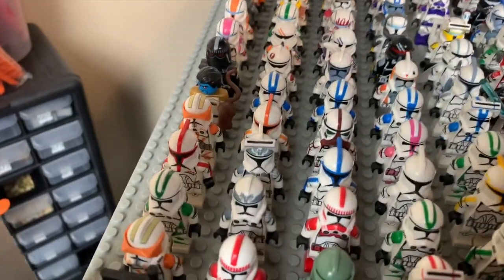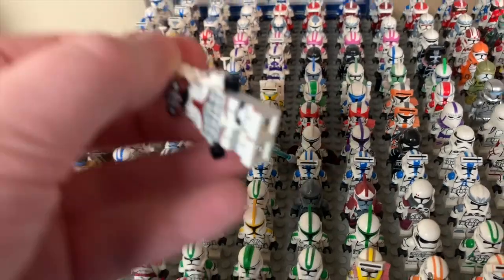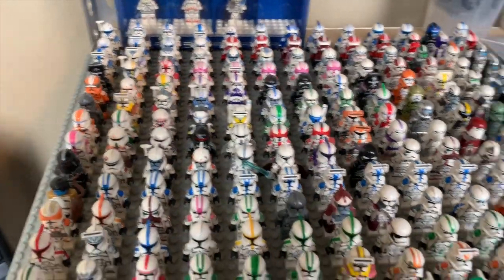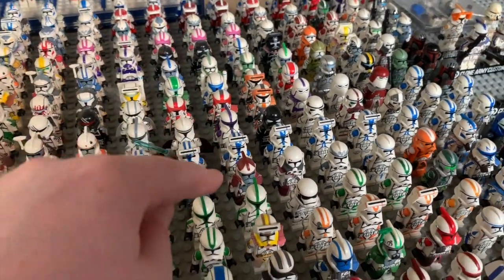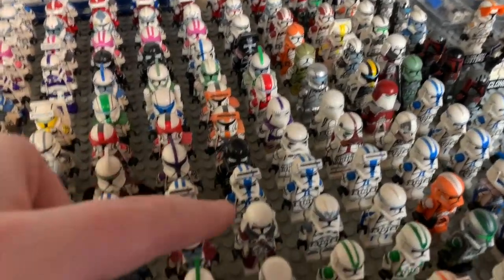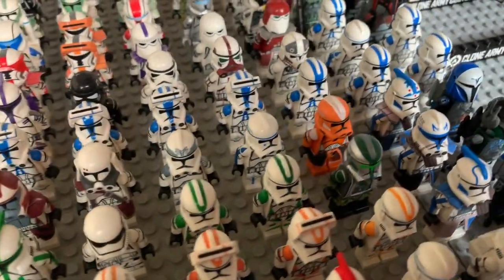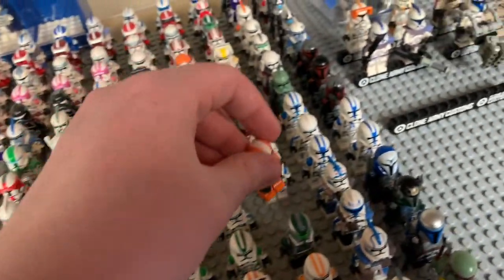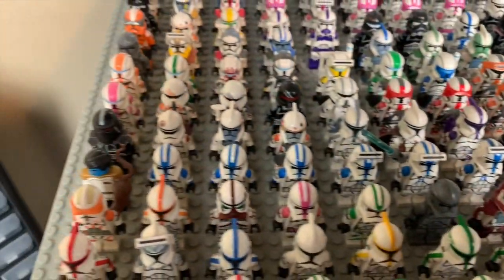And then we got a Phase 1 red, orange Incinerator Trooper, which actually made an appearance recently in The Mandalorian. And then this is Arc Pawns. Bakara, I think I actually have, yeah, I have 2 Bakaras. And then another Wolfpack Trooper, Tup. This guy is actually really cool as well. He is the 212th Invert Commander, a made-up figure. And then a ton of 501st Troopers,